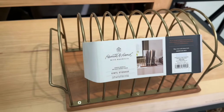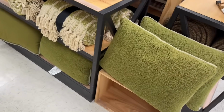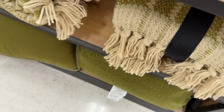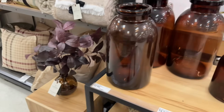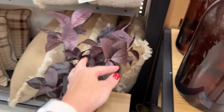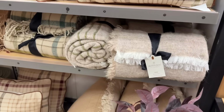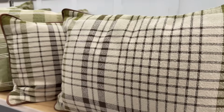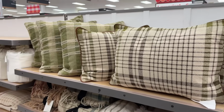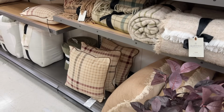You know, she always puts out radios and stuff like that. Well, in this collection, she has a few different things that will hold vinyl records, so I thought that was pretty cool if you collect anything like that. Seeing lots of greens, of course there's some amber glass. Those, I'm not sure if those are new or not. Seeing a lot of the deep dark plum colors in the florals, and then again this has that plummy brown color and the green plaid on these pillows,